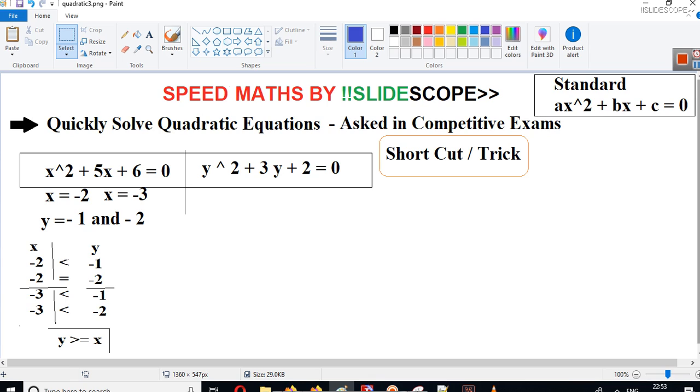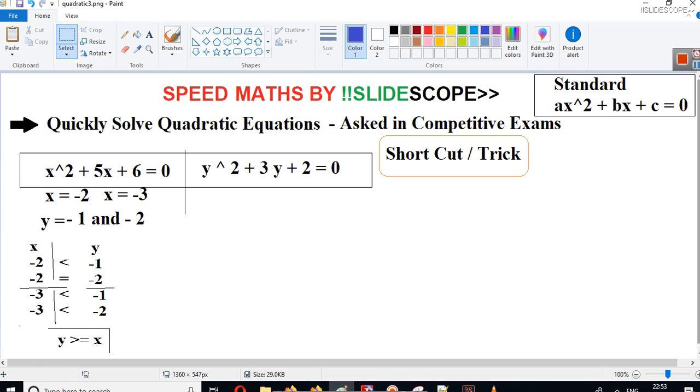In the previous example, we discussed quickly solving quadratic equations asked in competitive exams. In the previous part, we did not discuss the shortcut trick or the quick part. We actually discussed the factor method and the theory that can be used to solve quadratic equations. In this part, we are going to discuss a shortcut trick which can be used to solve quadratic equations